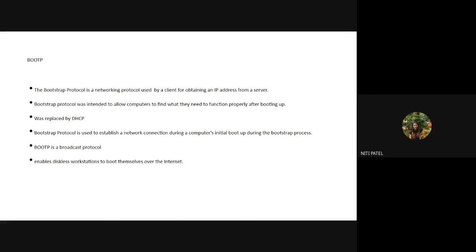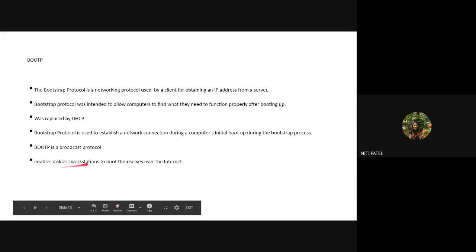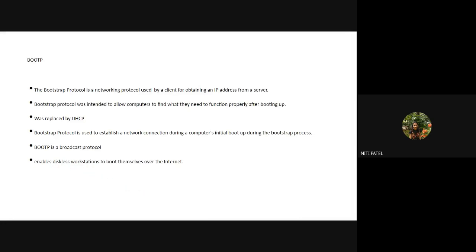So now I may have a system where there is no hard disk, which is called a diskless workstation. My work is sufficient with the RAM and with the cache, so there's no need of a hard disk. I have removed that hard disk and used it in some other system. Now, if the system does not have a hard disk, what is it going to do? How will it boot? Because for booting, I require an operating system, and for the operating system, I require sufficient memory also. I cannot store my operating system in the RAM and boot it from the RAM, neither can I store it in the cache memory and boot it from the cache memory.